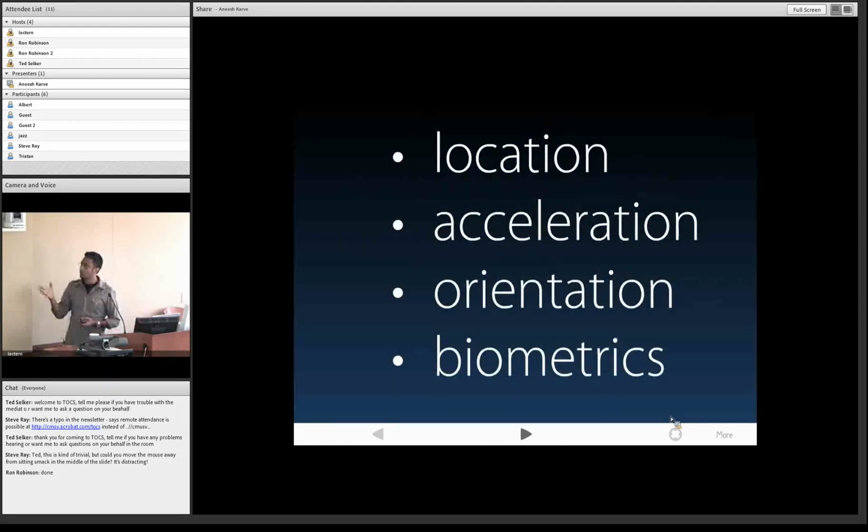The first three, location, acceleration, and orientation, are well known. I think what we can expect in the near future is for the device to record context based on the state of our biological organism, right? We already have examples of an iPod that can track how fast you're running. There's a little dongle, you put it in your shoe. Now, once we are able to measure human engagement through heartbeat and other factors, we're going to have even more powerful contextual factors with which to annotate the data.